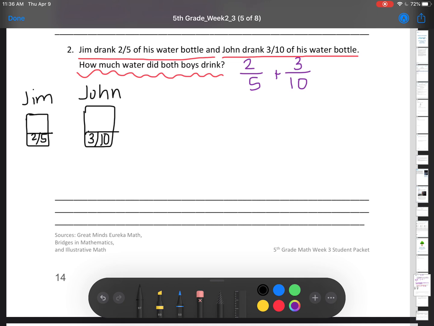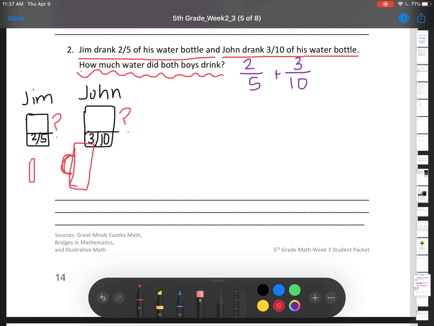So I want to think, again, if I were to solve this problem, what do I know and what do I not know? Okay? So I know how much of each water bottle they drink, right? Jim drank 2/5 of his and John drank 3/10 of his. But here's what I don't know. I don't know how much water is in Jim's bottle and how much water is in John's bottle. I have no idea. What size water bottle do they have? I don't know. Jim's could be a tiny, normal water bottle, and John's could be one of those big gallon jugs that you see some of your teachers have at school, right? All right? I have no idea how much water is in their